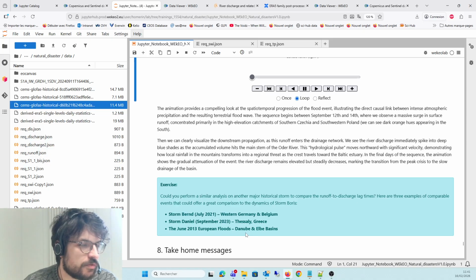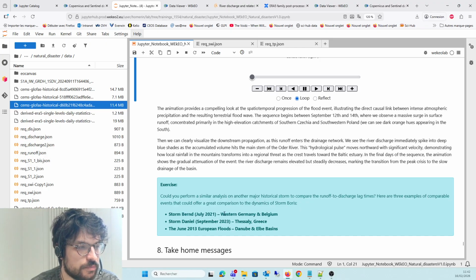We are reaching the end of the notebook. Here are some ideas if you want to go deeper and analyze other similar events. Here are a few suggestions, but you can of course study any storm that you are interested in. We've chosen these because they are analyzable using the same datasets that we've used for this tutorial.